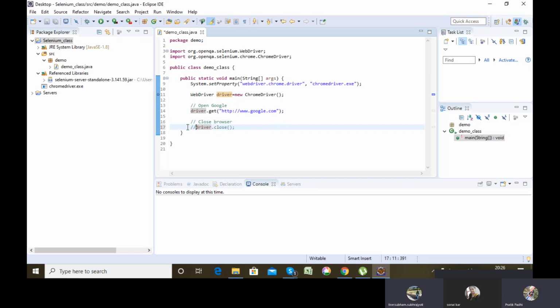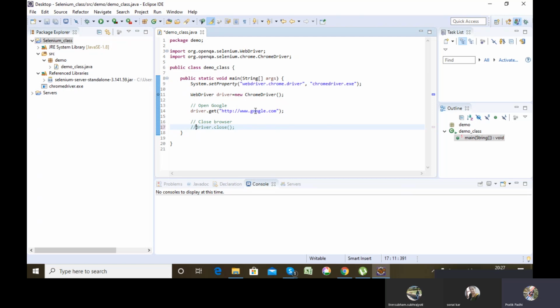For now, let's comment it. One more important thing here is that once WebDriver instantiates a Chrome, it creates a fresh instance of Chrome driver, meaning in that Chrome driver you will not have any cookies or any history stored in it.